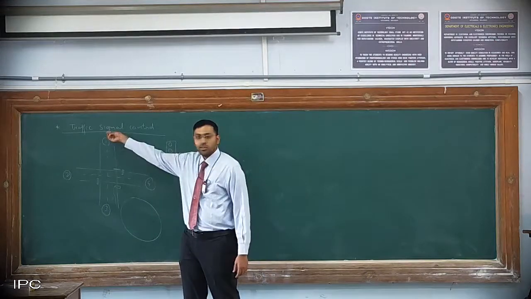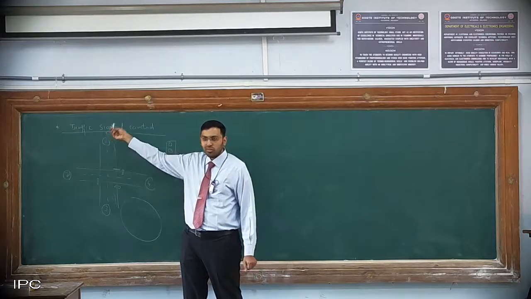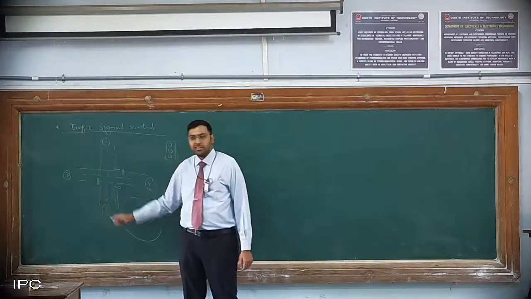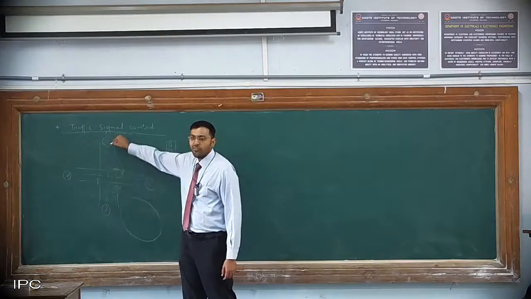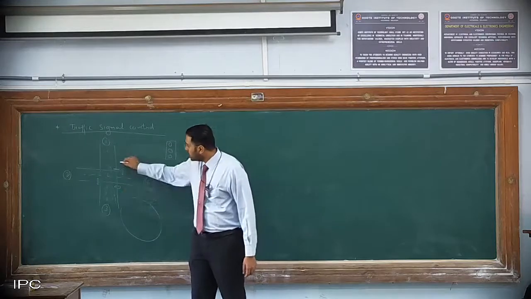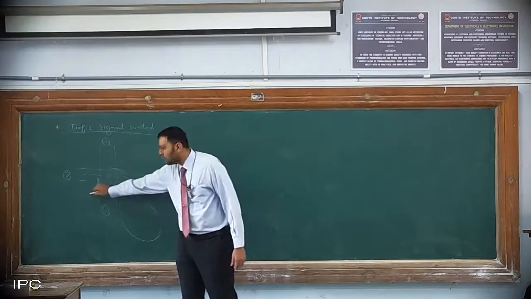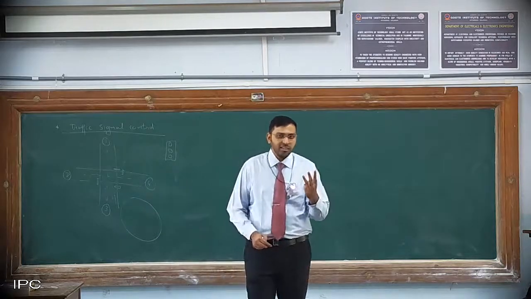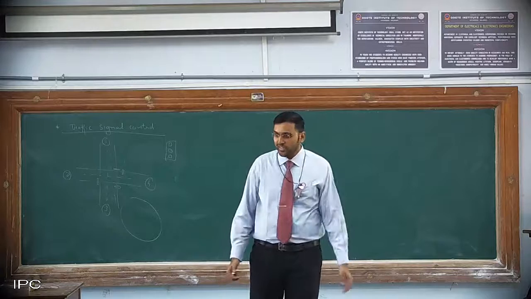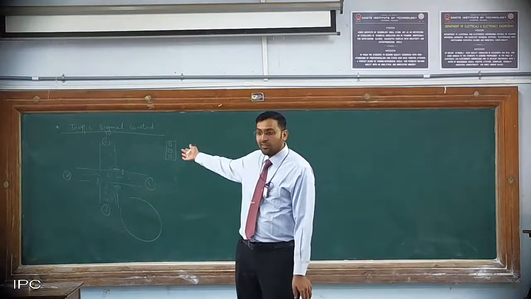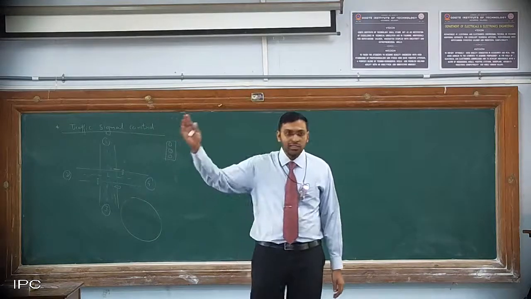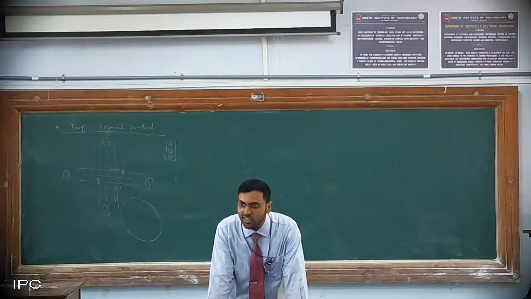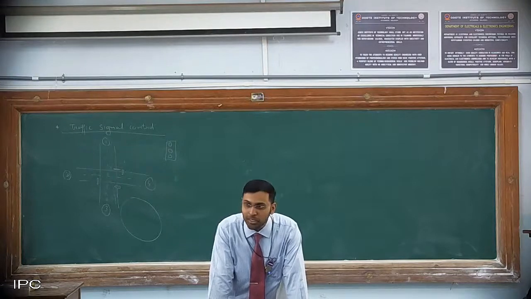Anybody is traveling from here to here? Less crowd? Fine. Now, let us say there are only 3 vehicles in this line, and here there are 50 vehicles. The time here is 30 seconds green light, and the time here is also 30 seconds green light. Is it feasible? 3 vehicles are there, and they have a time of 30 seconds, whereas the other lane, wherein there are 50 vehicles, also gets only 30 seconds. That is why you might have seen that people get stuck at the same traffic signal multiple times.